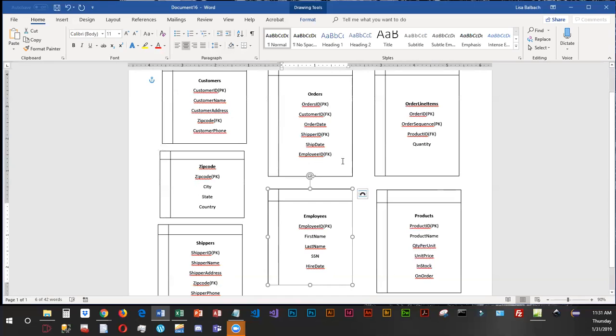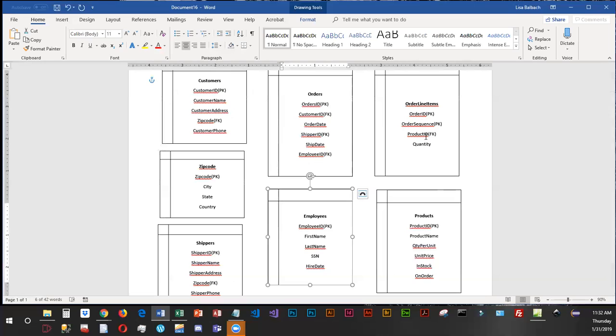So the only one that we had to be concerned about was order line items. So the product that we have is dependent on both, and so is the quantity. So those all are in 2NF, and then 3NF got into transitive dependencies, which means that